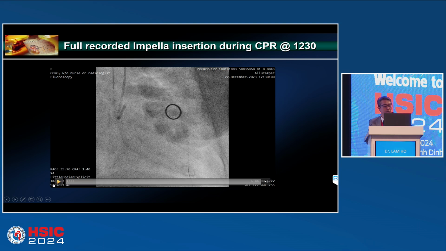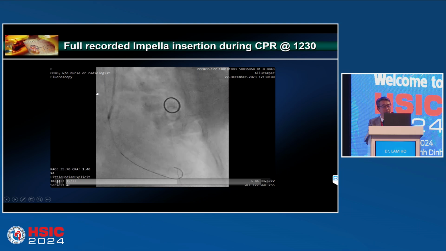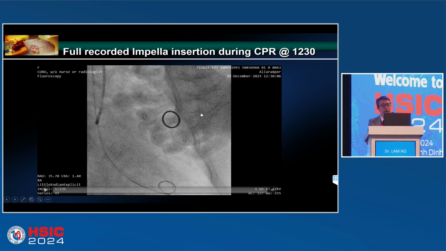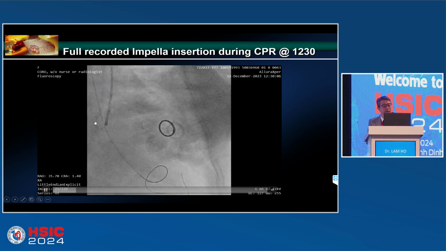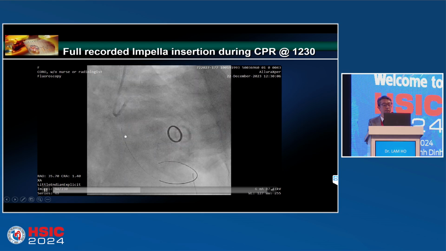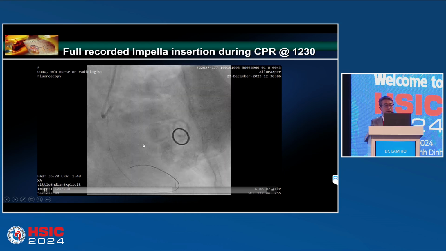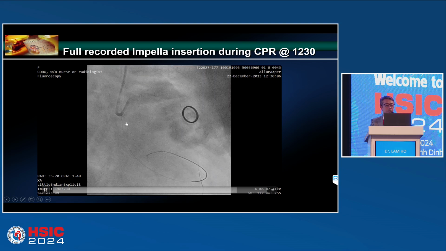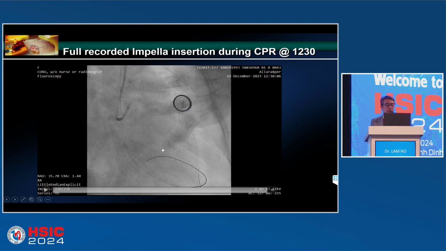After establishing the vascular access, we push the wire through the pigtail. Remember, use a 5-inch pigtail. And then 6 seconds later, you can remove your pigtail. This is the Impella wire. But remember, continue to do the CPR. There's no hindrance for your CPR. You just keep doing CPR. Make sure the patient doesn't have hypoxic brain injury.